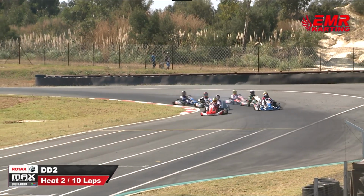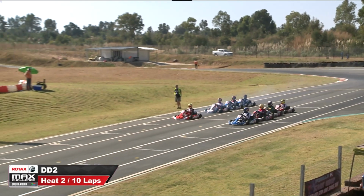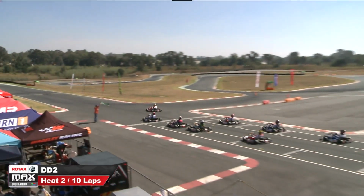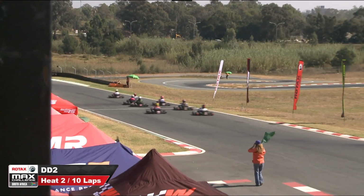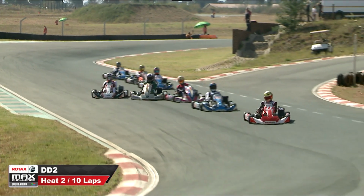So it's going to be interesting as they make their way to the line to start heat number 2 right here at Formula K. Let's see what Brandon Smith has to say about the previous heat. He's probably got a bit in his teeth, but Alls has a huge gap obviously going into...